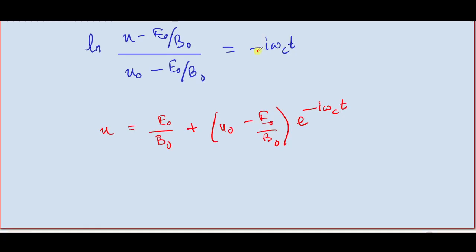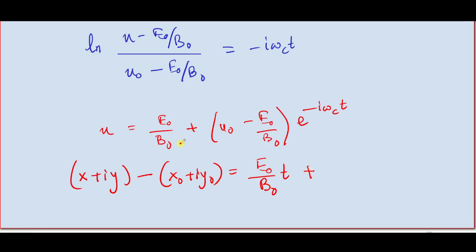as far as positions are concerned, you could of course find out Vx and Vy first and integrate to find out x and y as we have done before, or you could simply integrate this u to get basically x plus iy, and once again you could actually throw in the initial conditions, so you will get integral of u is actually x plus iy minus x0 plus iy0 equals E0 by B0 t,